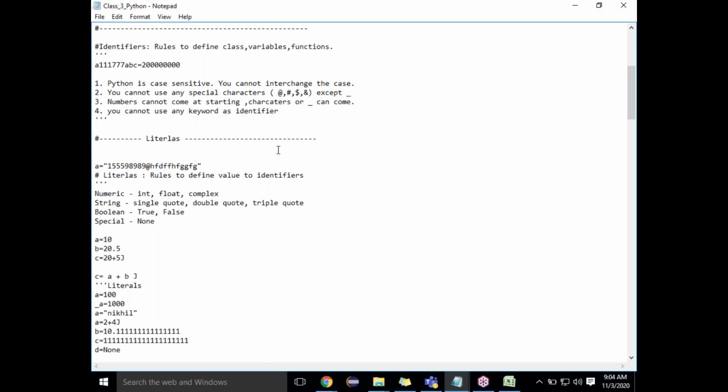Then GitHub, your communication, your real-time exposure and challenges will cover another 10 to 15%. So 40% is on core Python and programming, out of 100%.